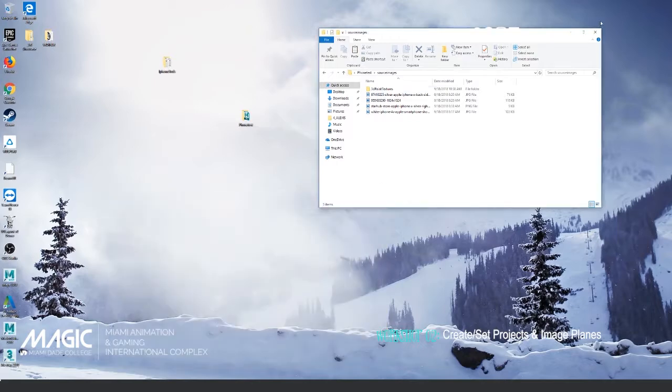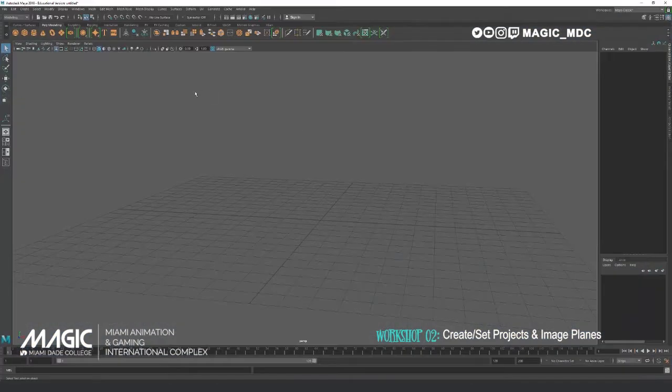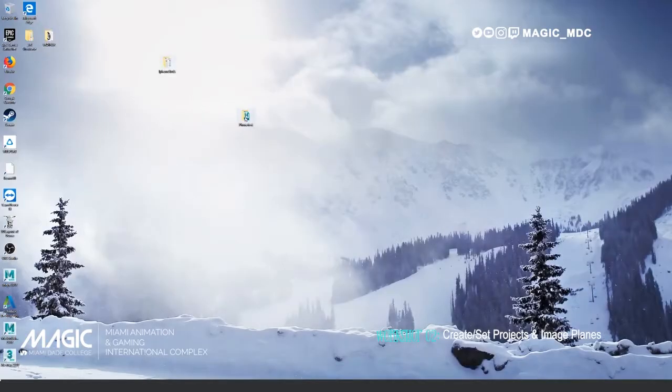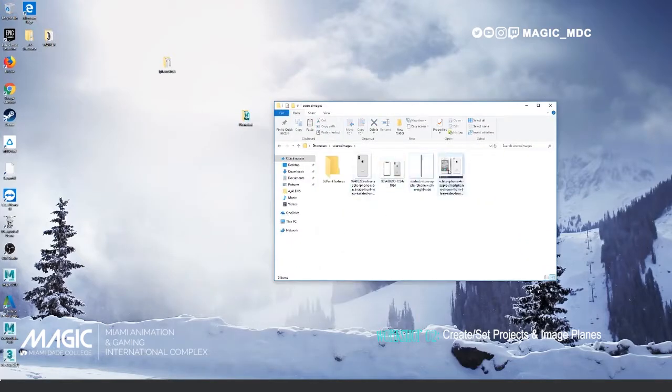And that's that. So Maya knows now that my source images come from there. So let's create their image planes. So basically, when we're modeling and we look for references, you need specific ones, right? So if you're going to bring them into Maya and you're going to make something basic like this phone here,